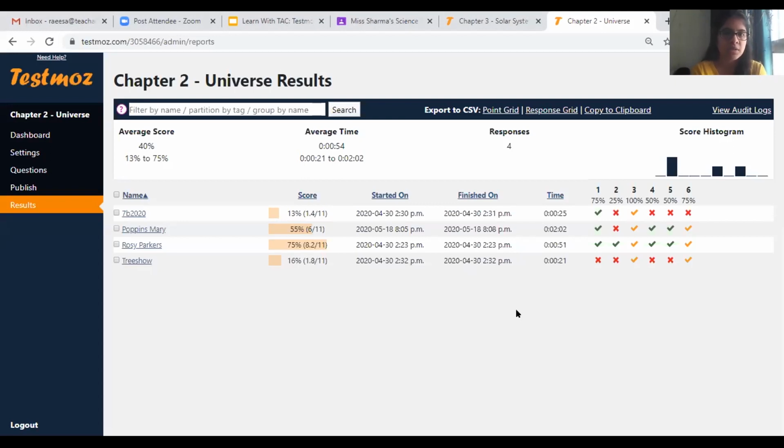How to publish? Yeah. Okay, I'll take the first question that was given, how do I export this to CSV? Now there are three different ways in which we can do this. One is copy to clipboard, which basically means that it copies this data onto a clipboard and you can paste that data anywhere you like. So I'm not going to go ahead with that. I'm just going to show you one of the options, that is the points grid option. I have downloaded this file onto my computer and I will share my screen to show you what that looks like.